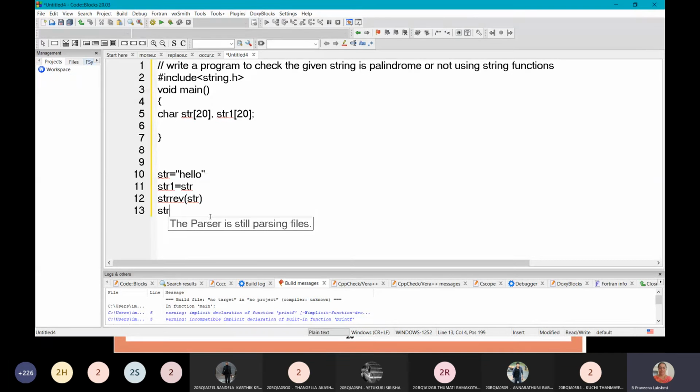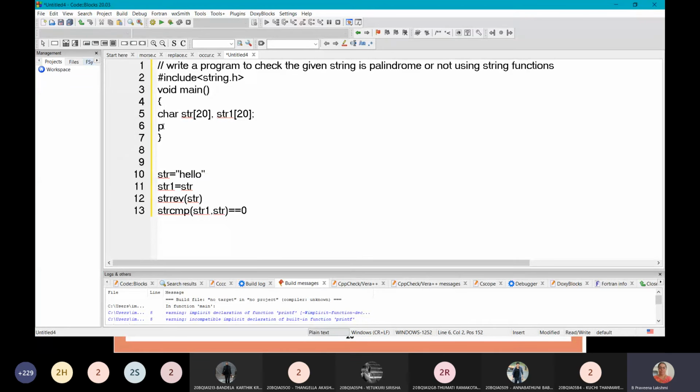Now we'll compare str1, which is the initial given string, with the reversed string str. Then we check whether it is giving equal to 0 or not. If the string function is giving 0, then you can say that the string is a palindrome. Otherwise not a palindrome. So this we need to do first.